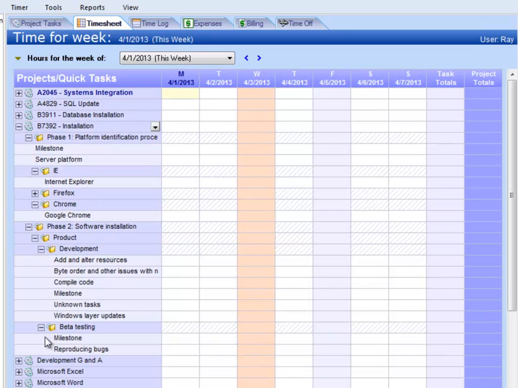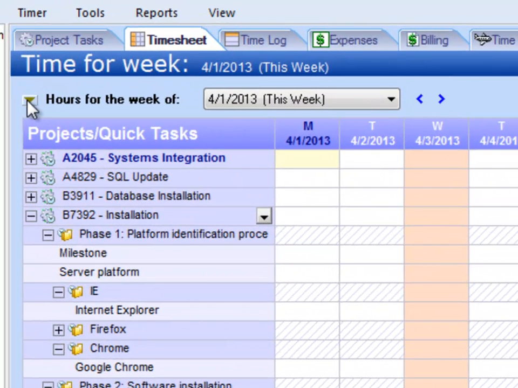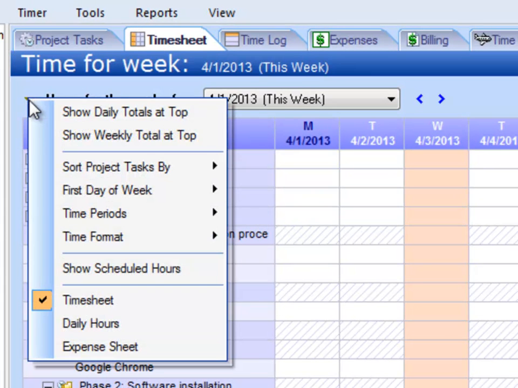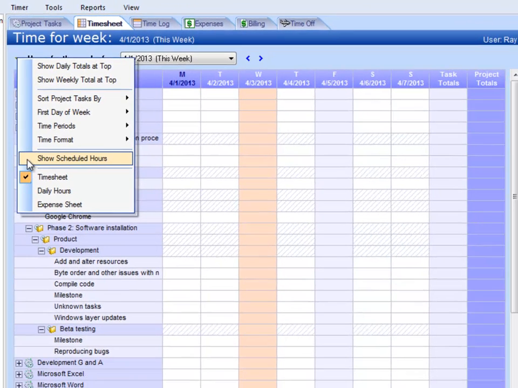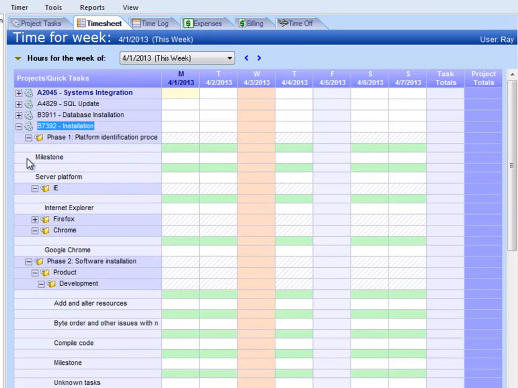You see the tasks, and the next thing I'm going to do is go up to this little menu next to hours for the week of. When I pull down this menu, there is an item here that says show scheduled hours. There's a lot of other items in here that you can use for the timesheet for different modes and operations. But I'm going to choose show scheduled hours. Now when I do that, you see these green rows show up, and that's where you're actually going to type